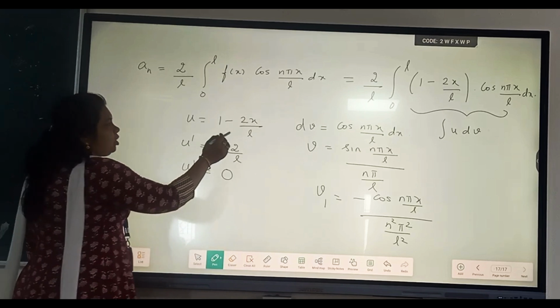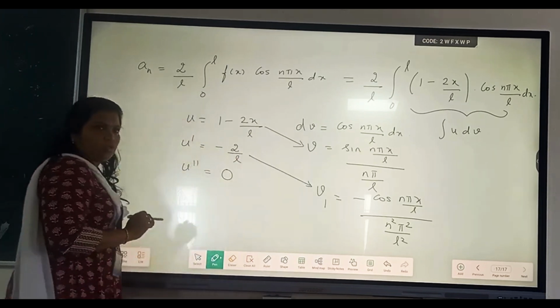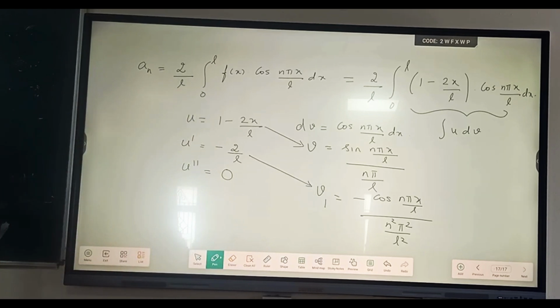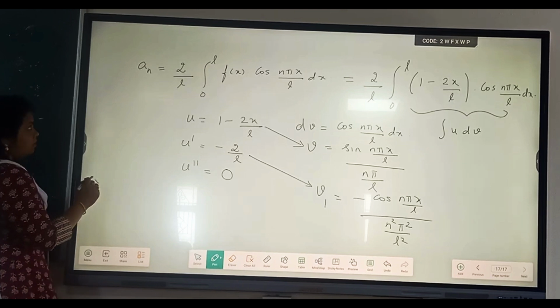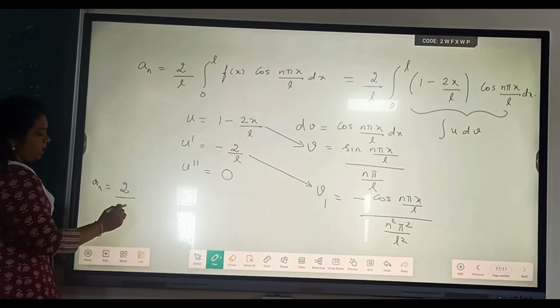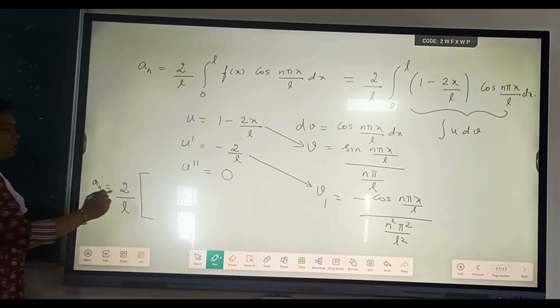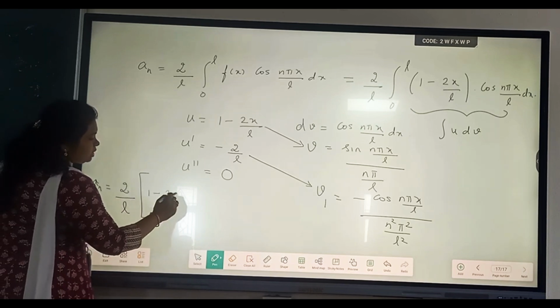Now you apply Bernoulli for UV, U dash V1, the last value is 0. Last value is 0, so a_n is 2 by L. I am going to expand Bernoulli. UV, is it? U into V1, that is 1 minus 2x by L